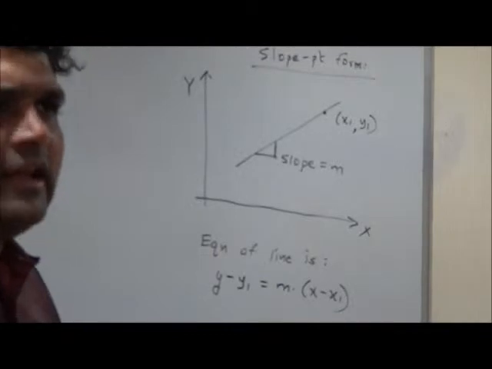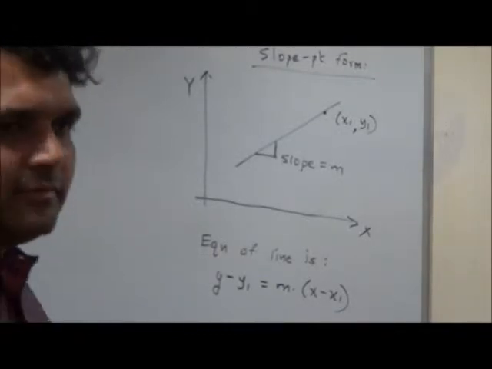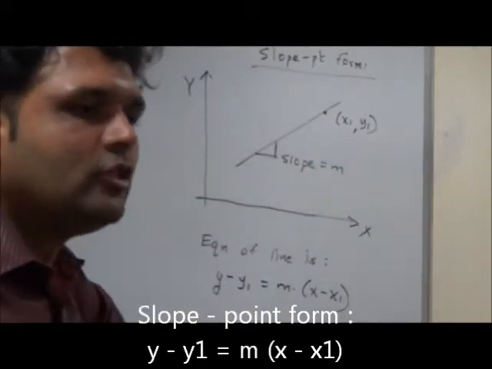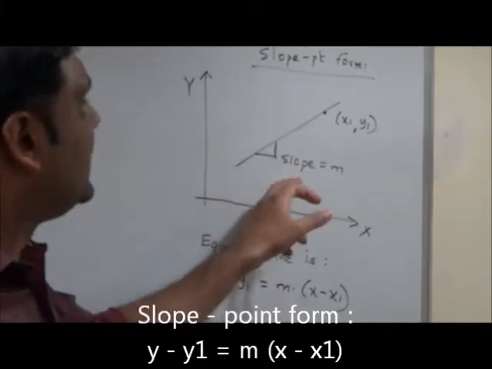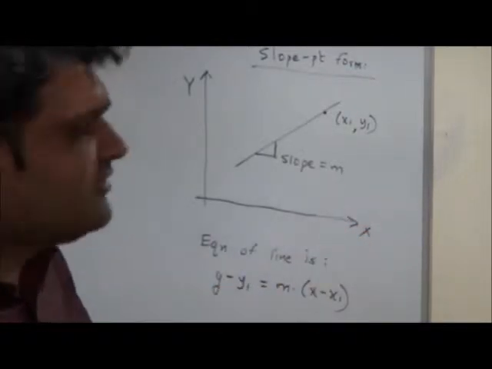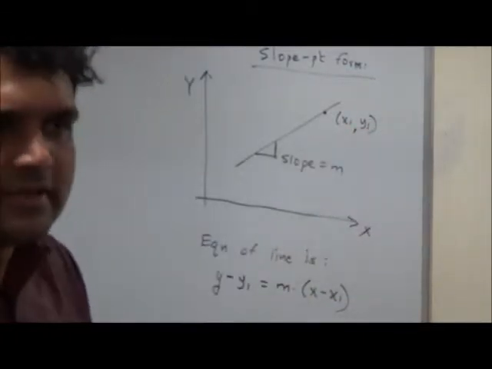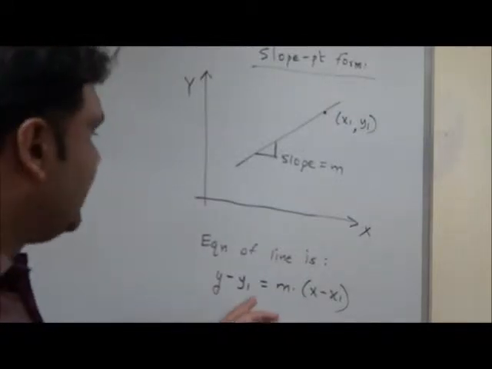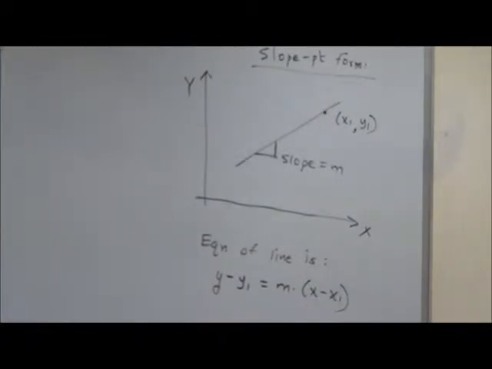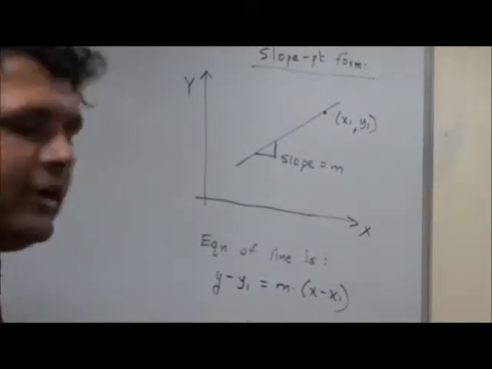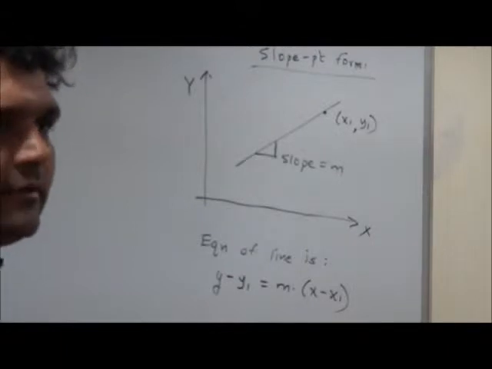Forms of the equation of a line: how we can find an equation of a line if we have some data. This is one line, one point on it, (x1, y1), is a known point. The slope of the line is known, slope is m. These are known values. Slope could be something like half, point could be (3, -1). The equation of the line can be found using this: y minus y1 equal to m into (x minus x1). M, the slope of the line, I could substitute, (x1, y1), the point, I could substitute, simplify a bit, and I will get the equation of a line.